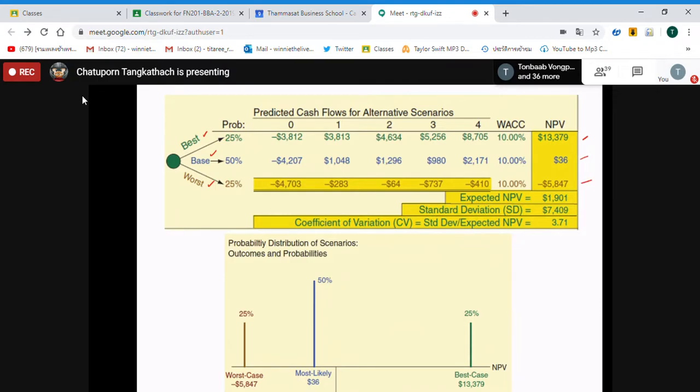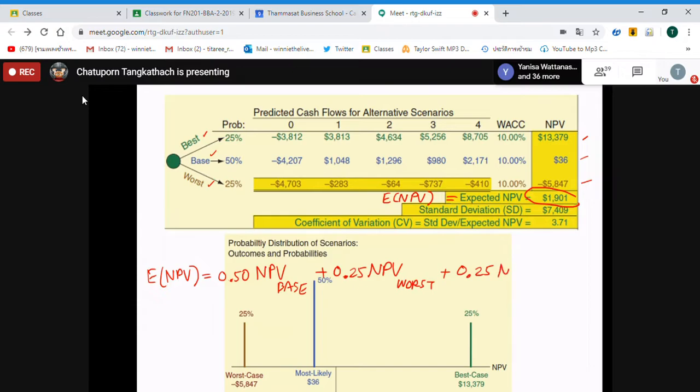Now we are going to compute a new variable called expected NPV, or ENPV. How do we calculate expected NPV? Let me put it here. Expected NPV just comes from the probability multiplied by the NPV of each case. So 50% we are going to get the base case, another 25% we are going to get the NPV of the worst case, plus another 25% probability that we are going to get the NPV of the best case. And after that, we get a new NPV, and we call this one expected NPV. In this case,